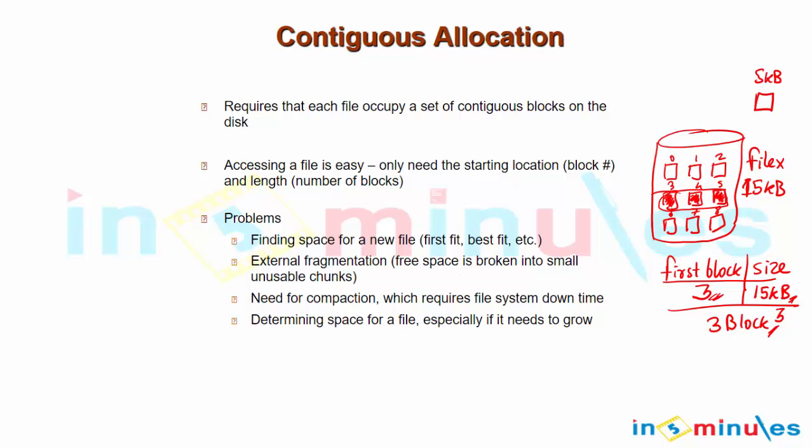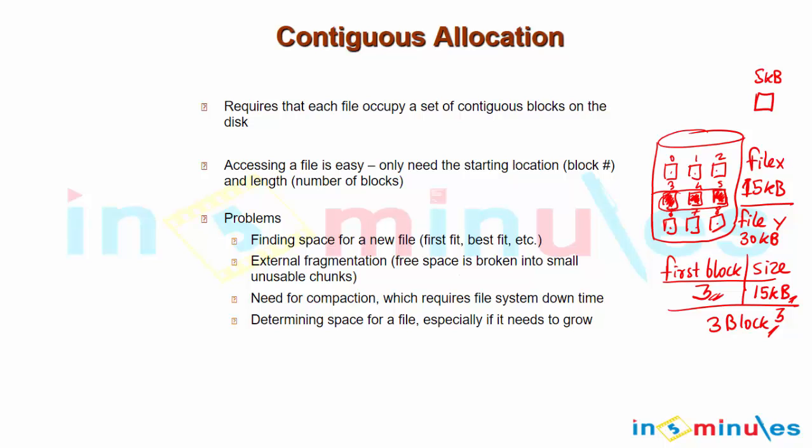Now what are the serious problems? Number one, finding a space for a new file. Suppose in the current location we also have one more file, let's call it file Y, which requires, let's say, 30 KB of space. Now there is a small issue. As you can see, we do have 30 KB, as the upper 3 and bottom 3 blocks come out to a total of 30 KB. But now there is an issue: there is no continuous location. So that is what we have to handle.